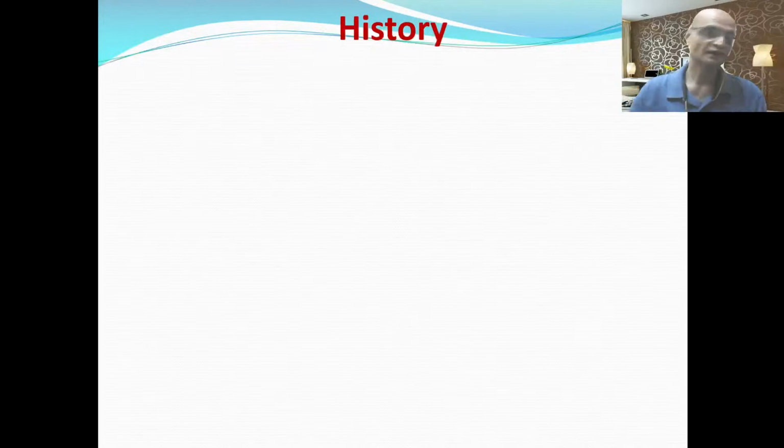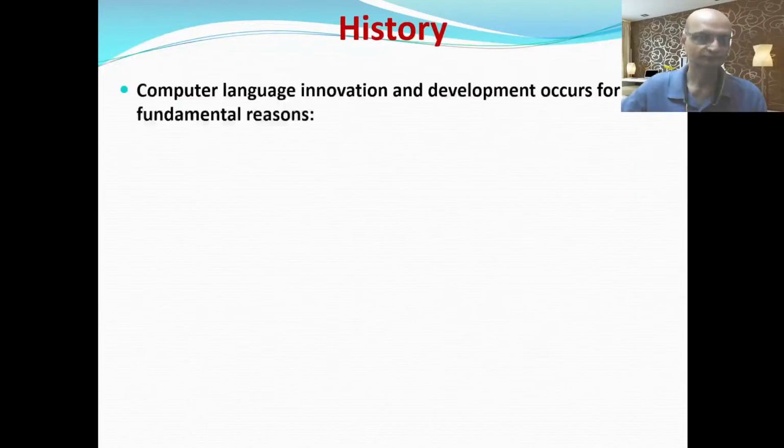So let's understand the history of Java, because a lot of people are interested in knowing the history of a particular topic. So let's get a quick overview about the history of Java. When we talk about the history of any particular language, we are aware that language evolution has happened. Like initially there was BASIC language, then Pascal language, and C language, C++, like that.